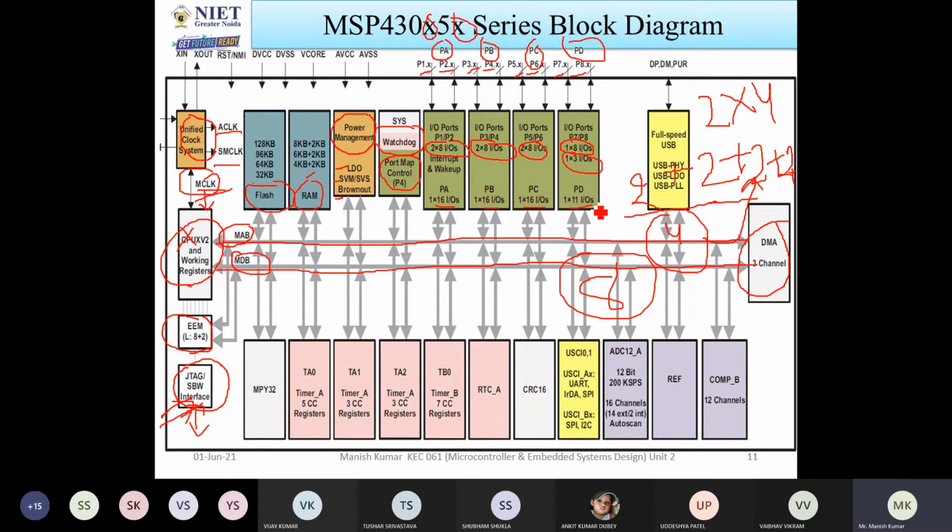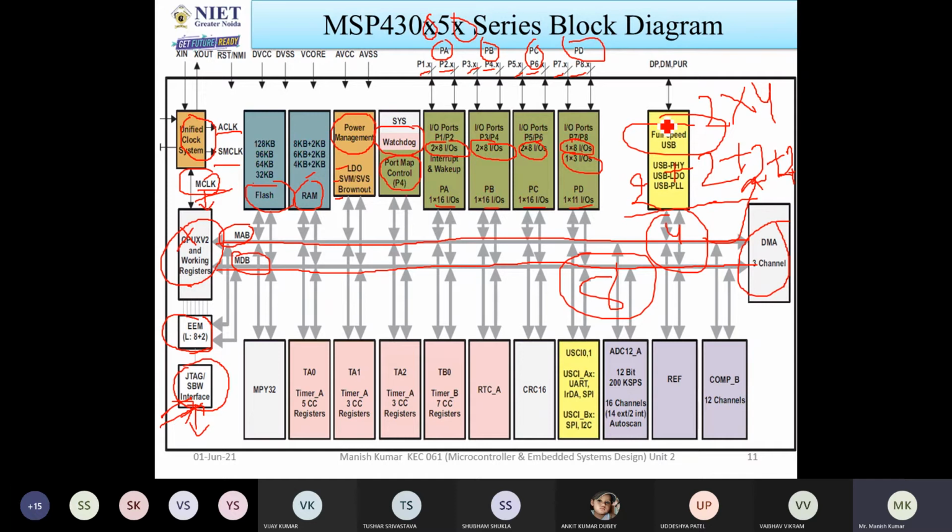Now we will discuss the USB. It also has a USB port. This USB port is used for transferring the code into the microcontroller. So there are 2 options. One is you dump the code into this microcontroller.